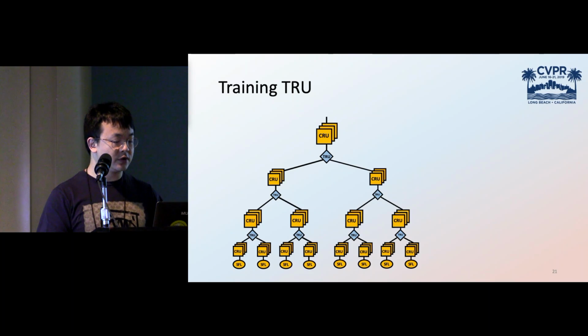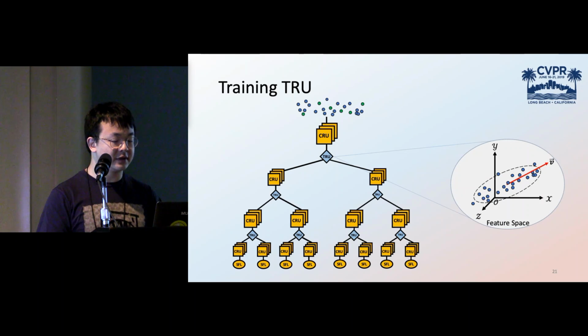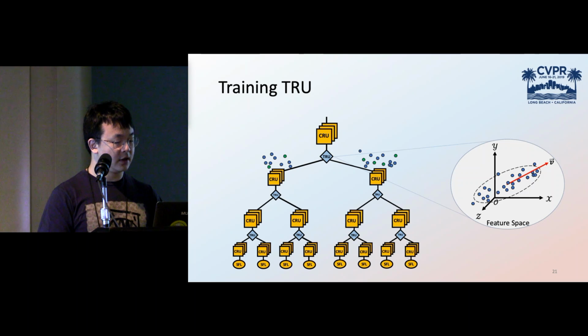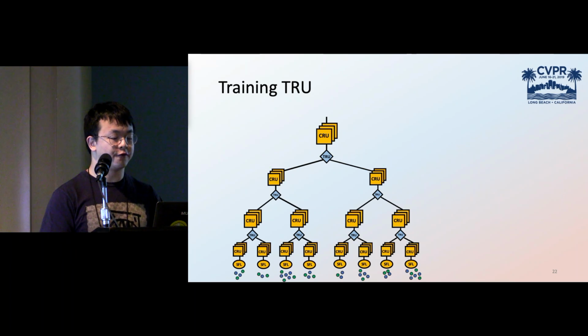The tree routing units are designed to find the most significant difference of the incoming data in an unsupervised fashion. We only consider the difference among the incoming spoof, such that a split at each tree node will represent a spoof attribute, such as a partial attack or a global attack. In the end, we're able to learn several semantic attributes to cluster the data into subgroups for fine-grained zero-shot detection.